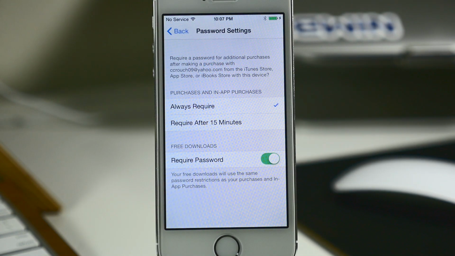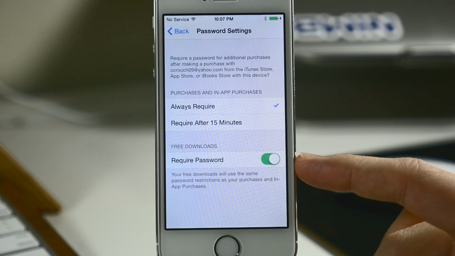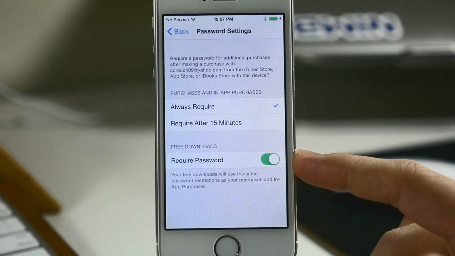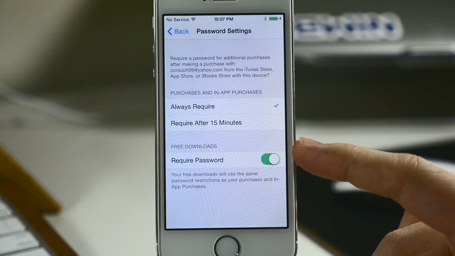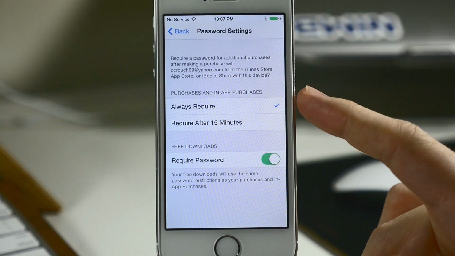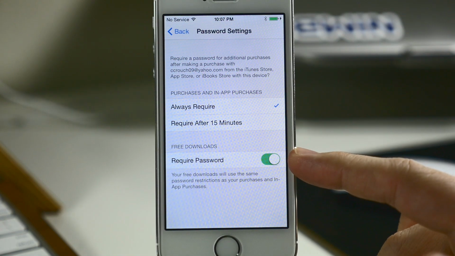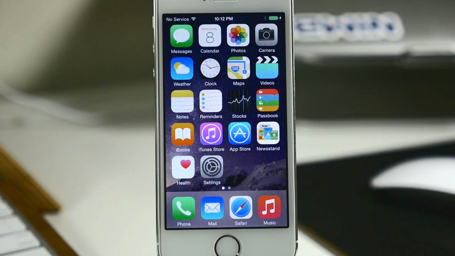Now here for the password settings in 8.3, we actually have a new toggle that allows us to toggle off the password if we're downloading something free from the App Store. Now in order to get access to this, you are going to have to toggle on always require right up here at the top, and then this will be accessible, and then you can toggle that on or off depending on your preference. Also, Apple Pay and passes in your passbook are going to be separate, allowing you to more easily navigate and manage. Now that's all the features for iOS 8.3, but there were a ton of bug fixes,